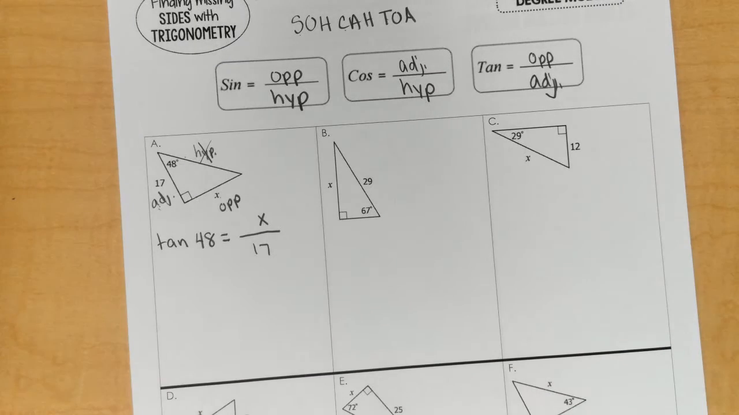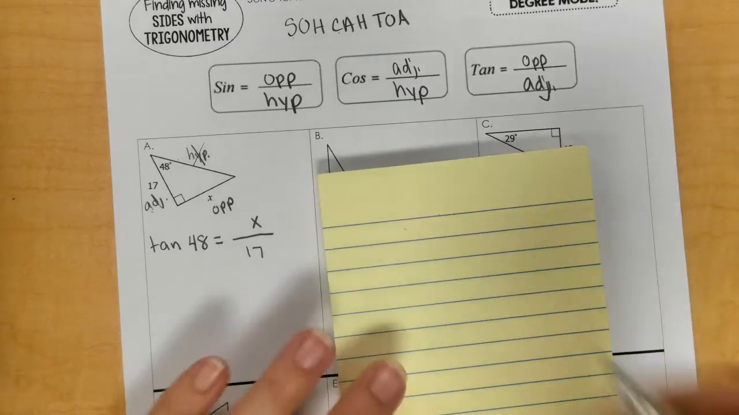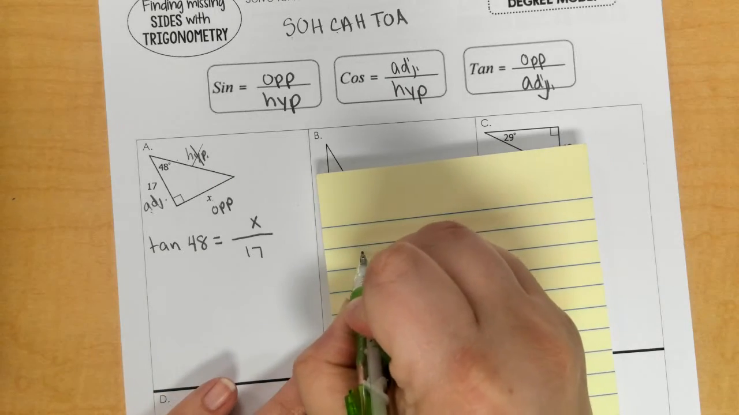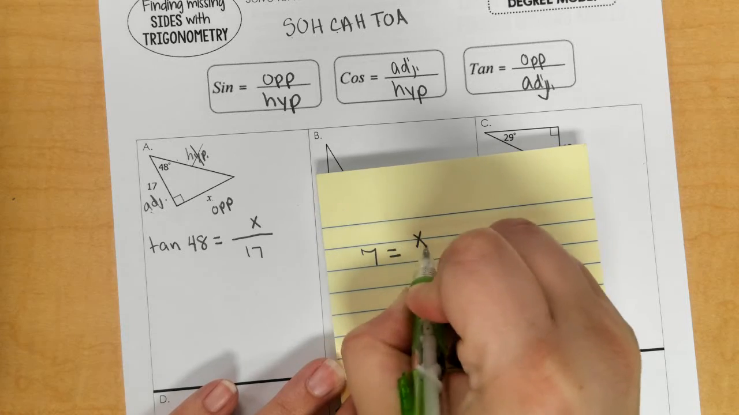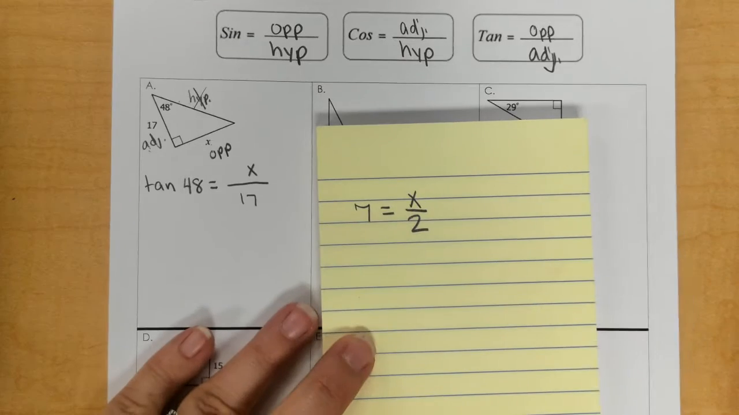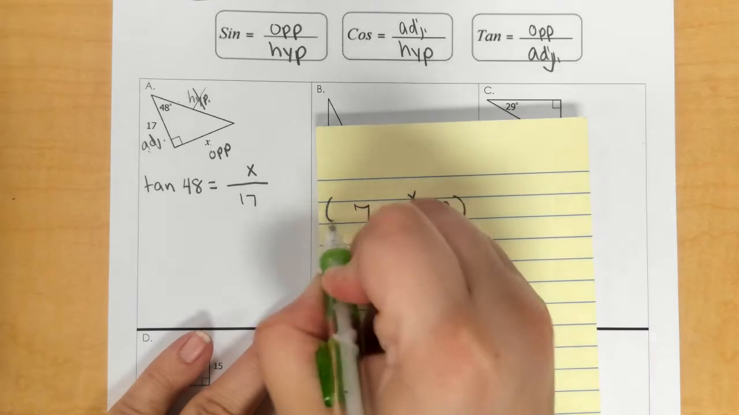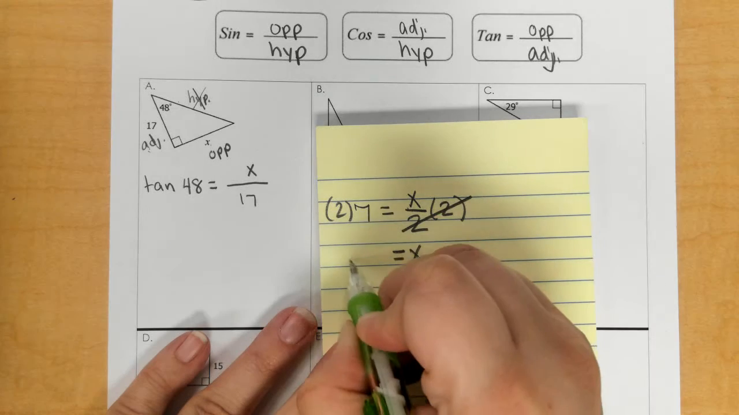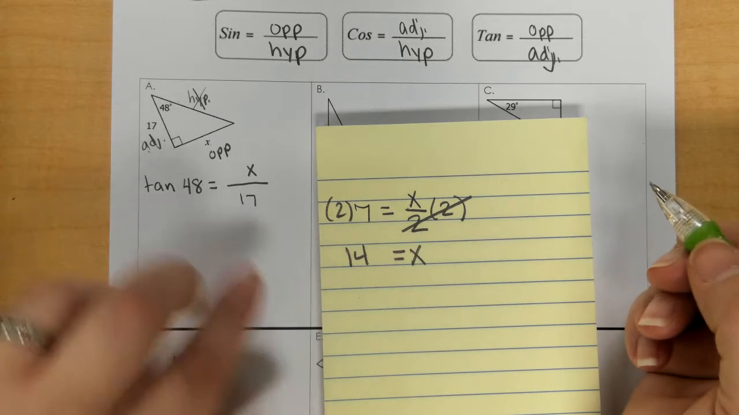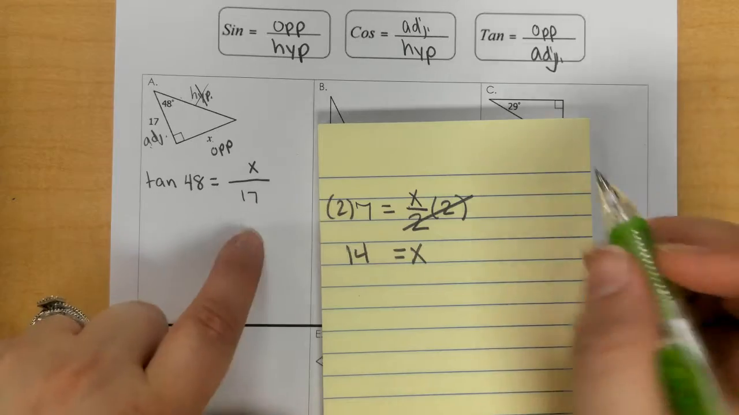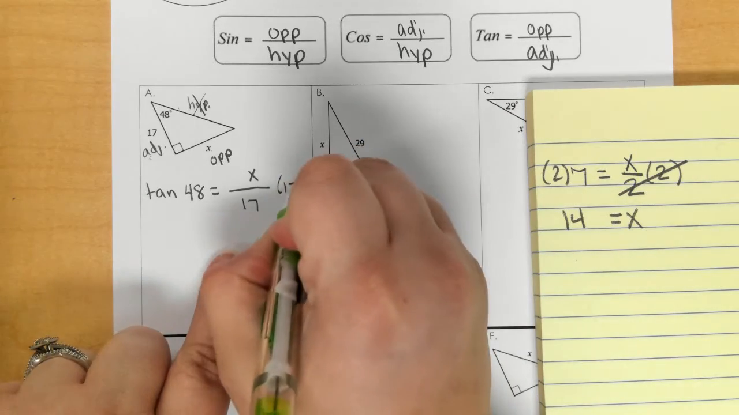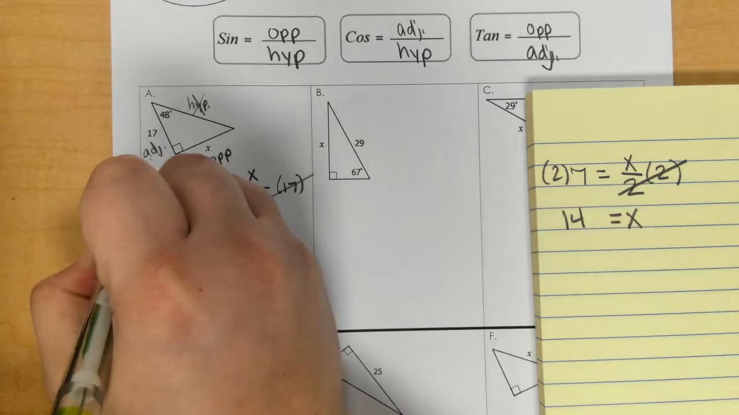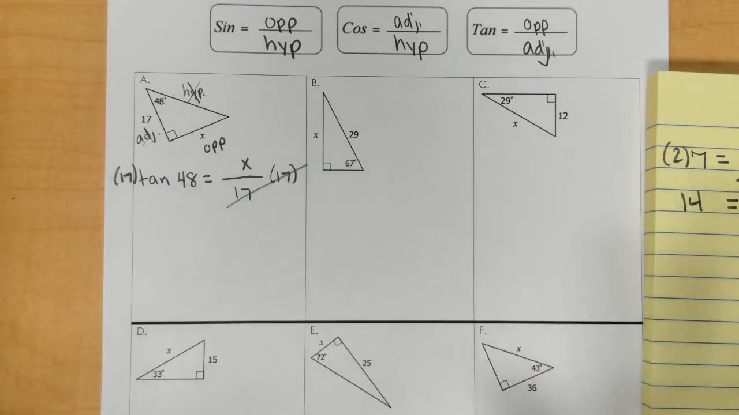Okay, now you have to think of this as solving a one-step equation. So if you had an equation that looked like this, in order to solve that, you would multiply both sides by 2, so that this cancels out and you're left with x, and this would be 14. Very similar. You multiply both sides by 17 to clear your fraction. Okay? So now, putting this into the calculator,